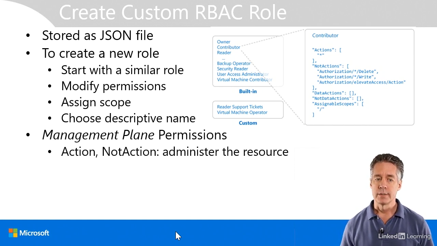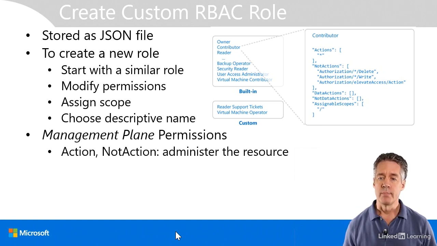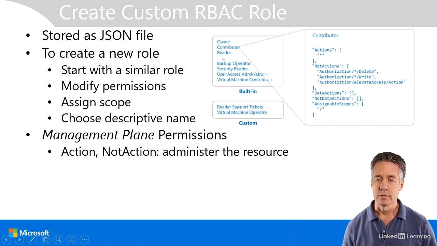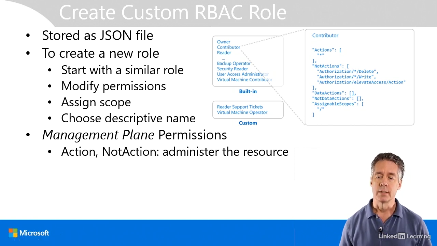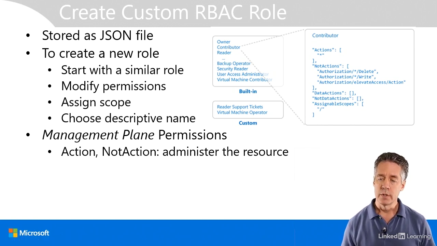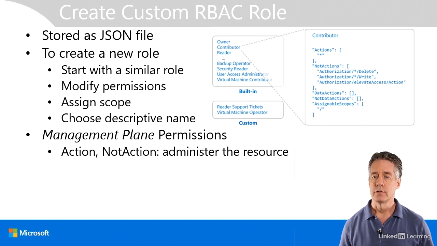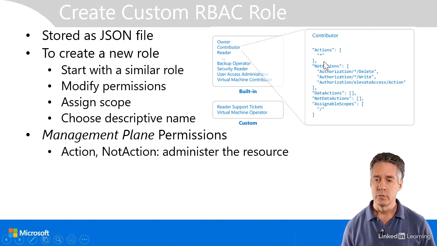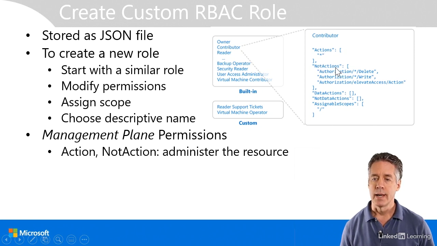In the role file itself, there are what are known as management plane permissions. Those are sections called actions and not actions. Management plane is what administrators typically do. Actions are things that they are allowed to do, and the asterisk here means anything. And then not actions are things that this role is not allowed to do